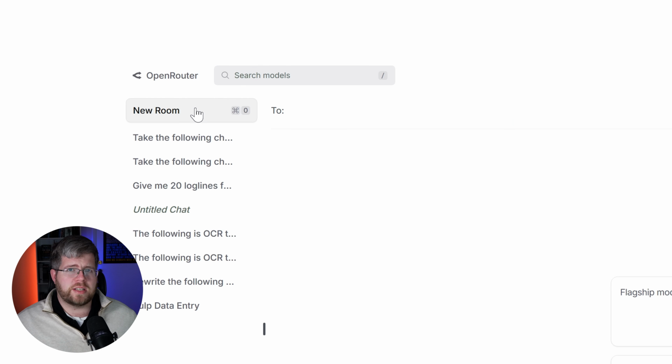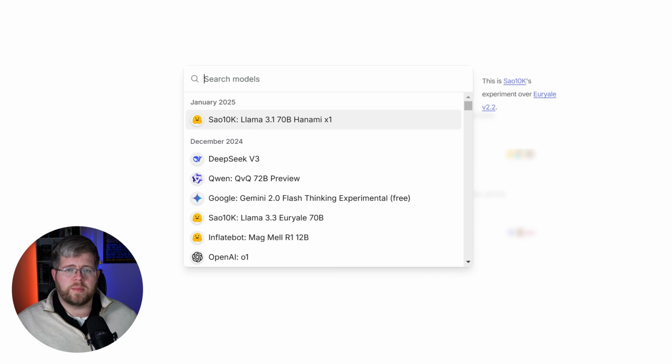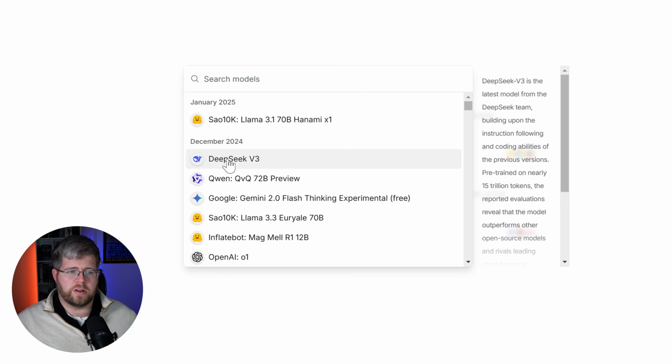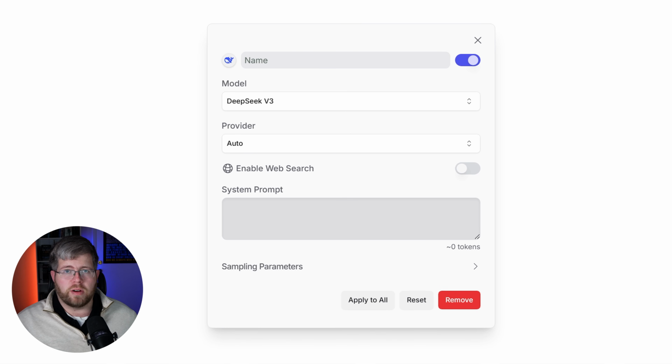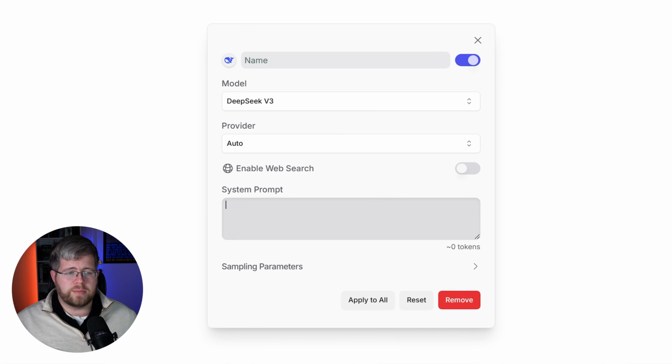which acts very similarly to how you would use a project, because you can come here to any of these models. Let's just say we're going to try DeepSeek. And from here, you can give it a specific system prompt. So this is similar to the custom instructions. Open Router is essentially an advanced API. And remember, I said APIs are not as simple as the chatbots, and that's true. But I need to make sure I talk about Open Router because we're going to use it later on. But you can put system prompts in here to add those custom instructions for each thing.